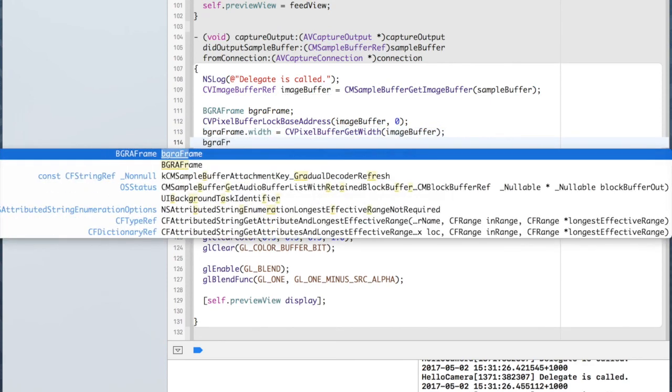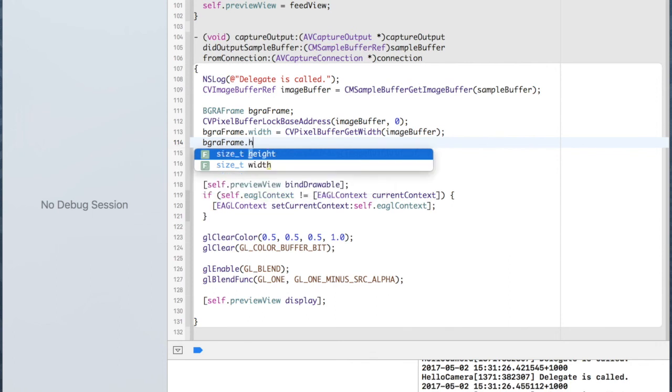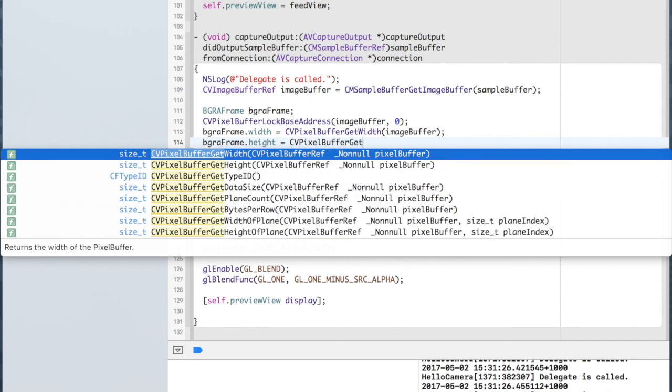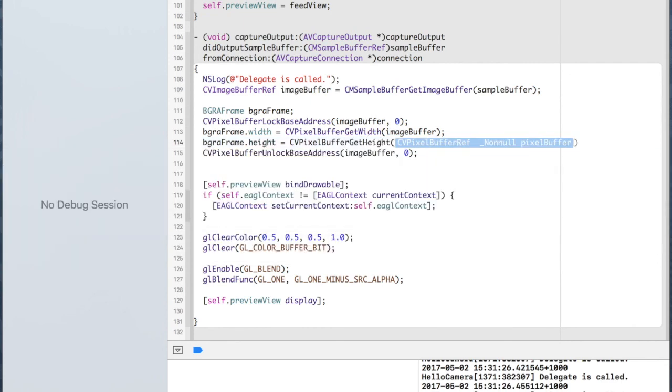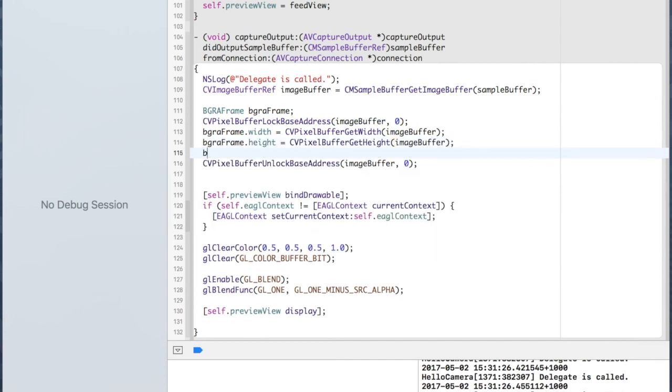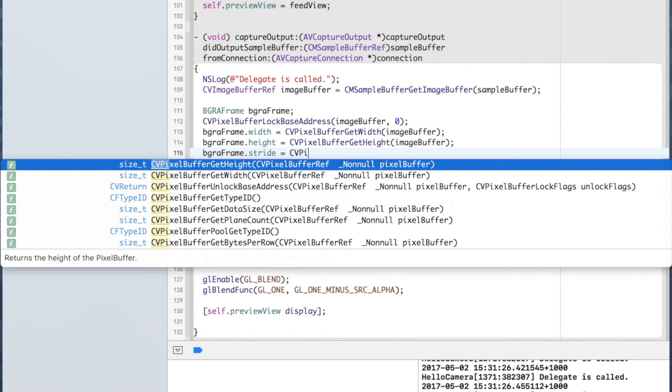BGRAFrame.height, CVPixelBufferGetHeight, image buffer. BGRAFrame.stride, CVPixelBufferGetBytesPerRow,